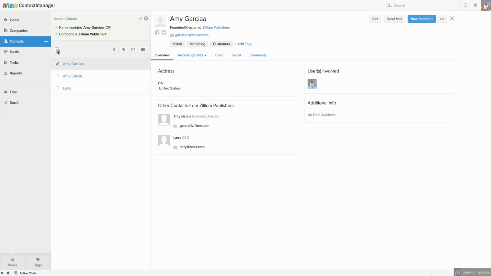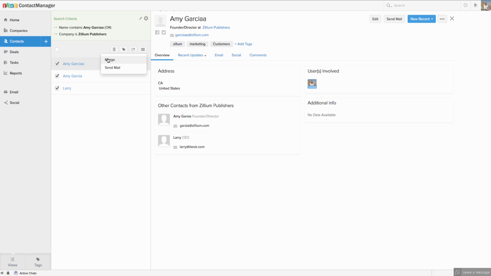Then I can check the list of items that I want, and I can delete them, or tag them with a specific tag. If I want to tag them as duplicates, I can tag them and then go back and later delete all of the contacts that have been tagged duplicate, or I can export them into a